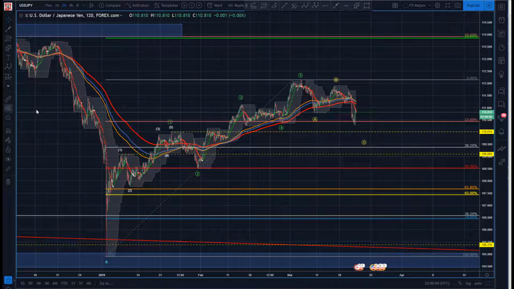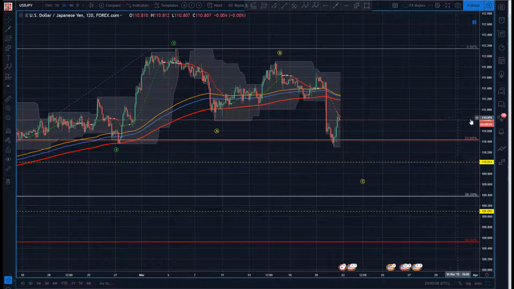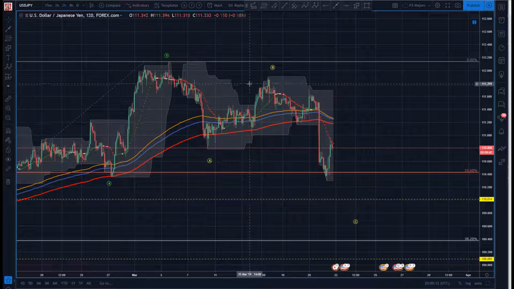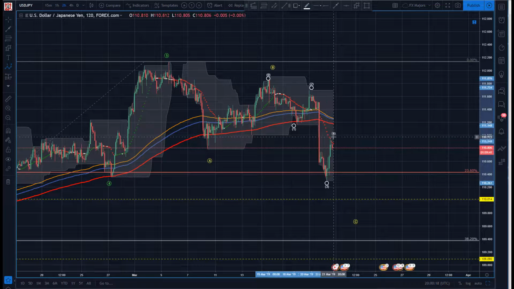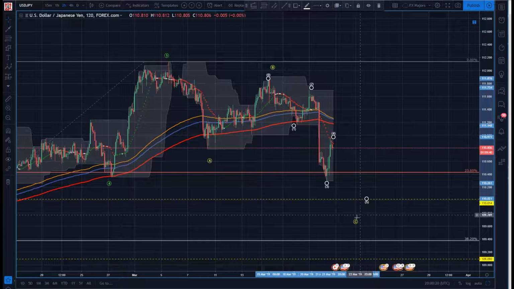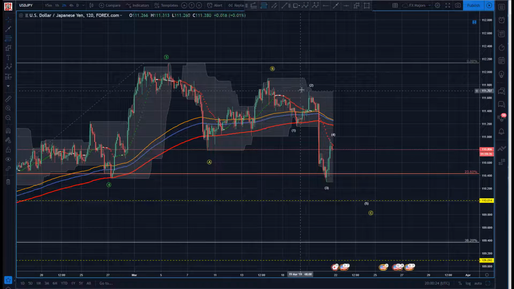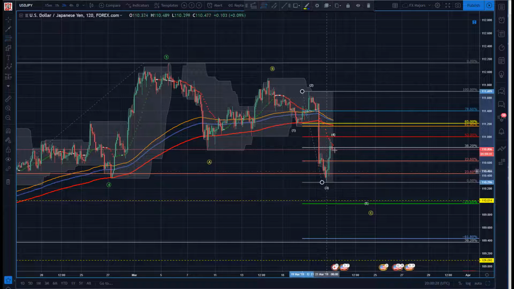So if we zoom in a little more on this correction as it's unfolding here, A, B, 1, 2, 3. So you might be able to make this case here. You've got a 1, 2, 3 is in, 4 going in. Now we come down for the 5. Well, if that's going to be the C, if this is our 2 here, we don't know if the 4 is done, but